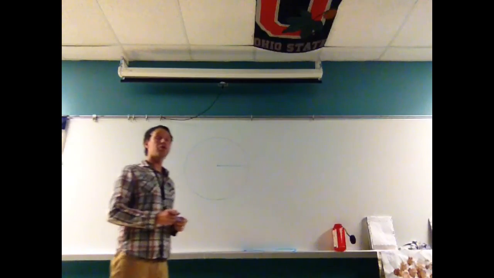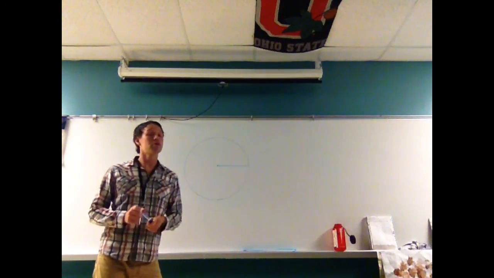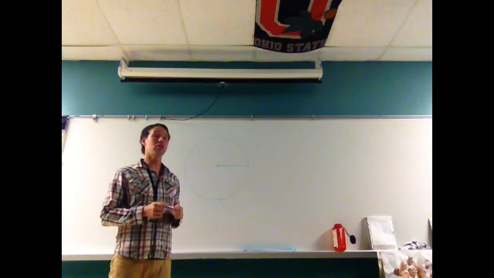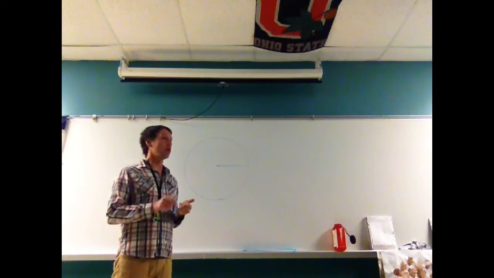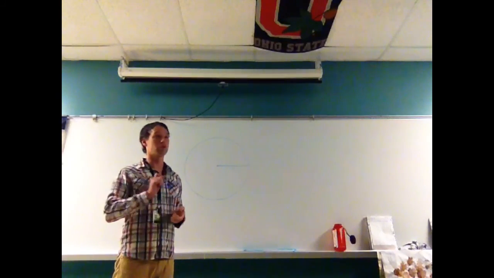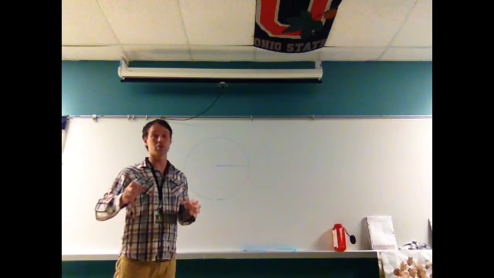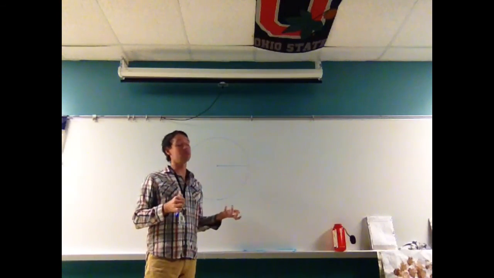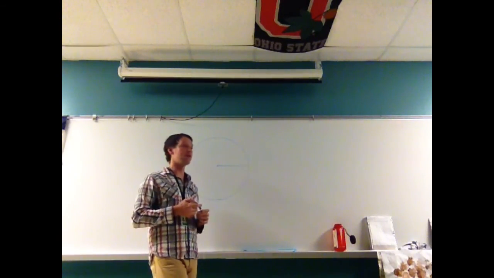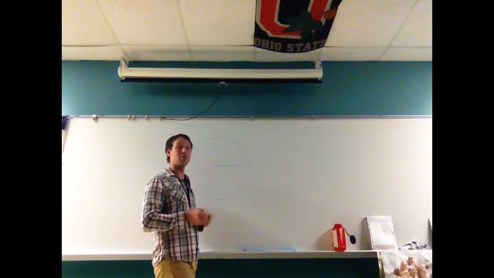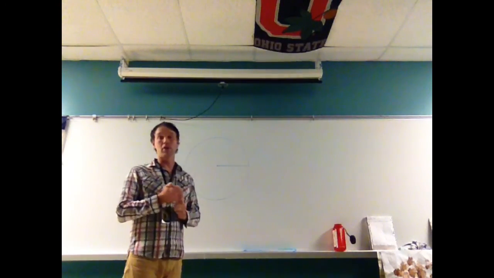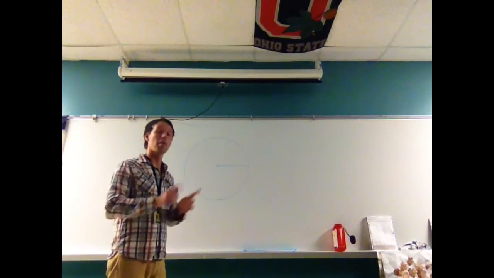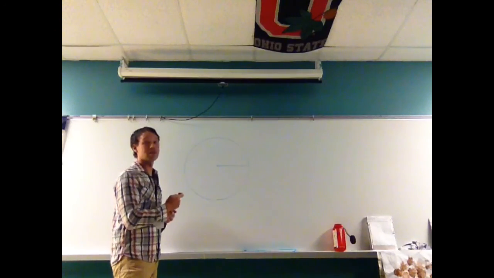Mr. Roark here. So what I want to show you guys in this new unit is how to find the circumference of circles, okay? I know we spent a lot of time last unit looking at how to find surface area of rectangles, squares, parallelograms, triangles, trapezoids, quarter circles, semicircles, and then the combination of all of those weird things. Circles is a little bit different, and like I said, we've actually kind of already flirted with this idea from the last unit when we found the surface area of a semicircle and a quarter circle, okay? But to start off with, what I want to do is show you guys how to find the circumference